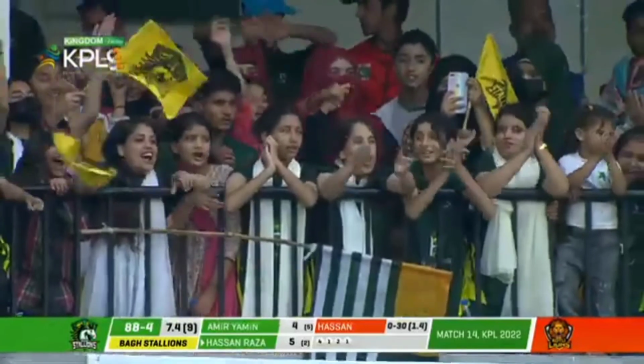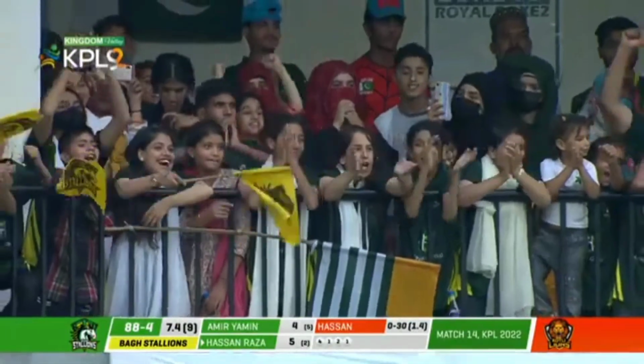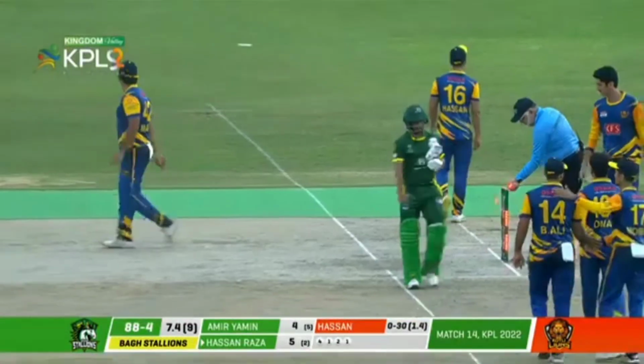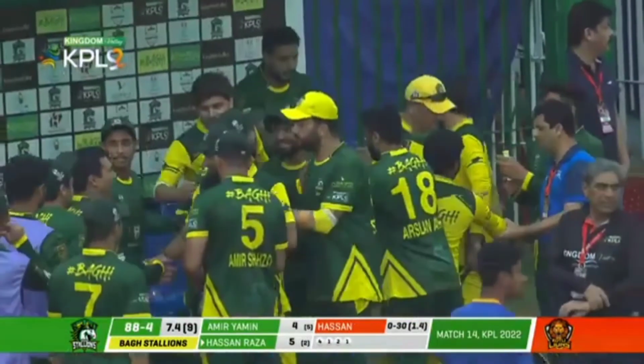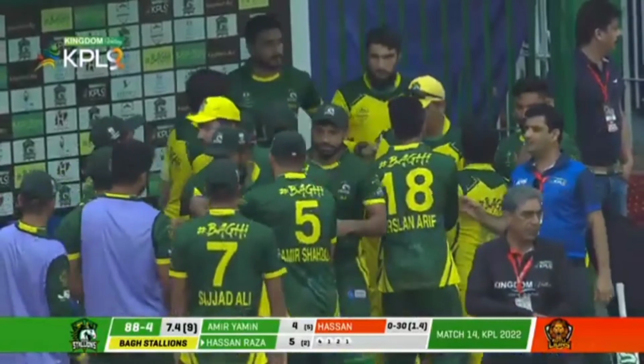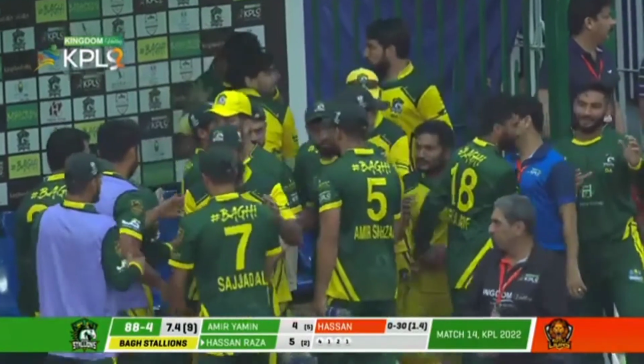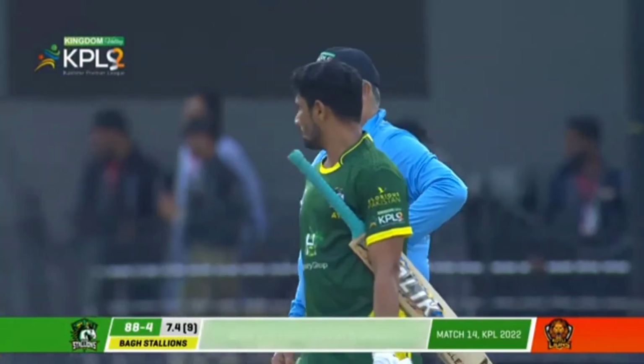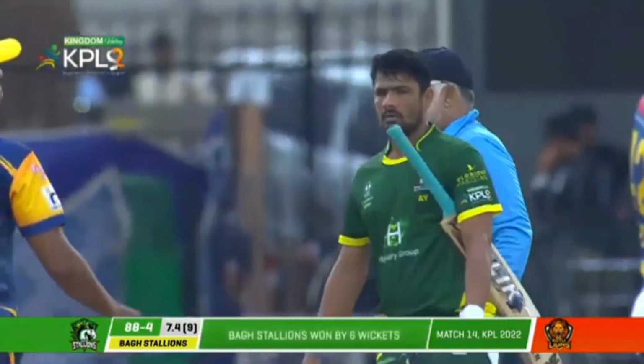Very clinical. It required Kamran Akmal to play well, which he did. But you got to feel for the Lions. Having won the toss and the match being shortened after 2 overs, they would not have known that that would be the case. So they'll go back and feel, was it necessarily a bad